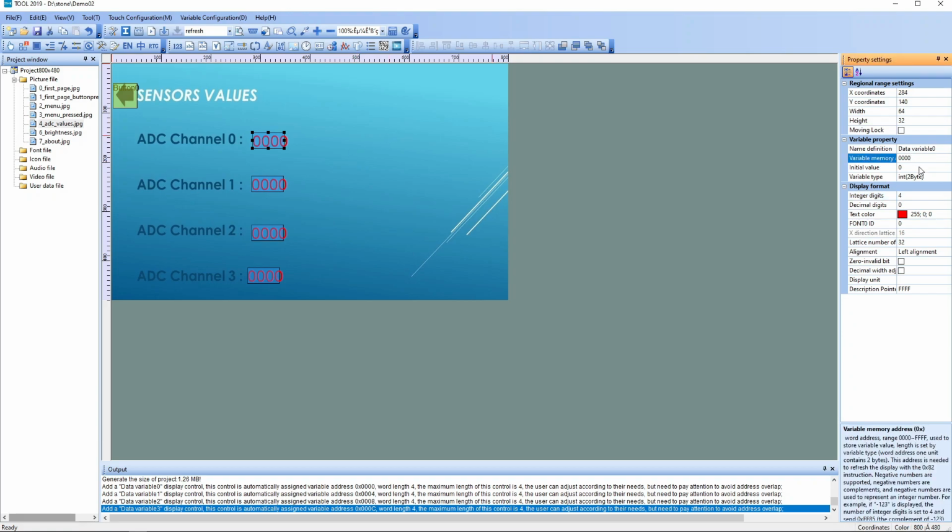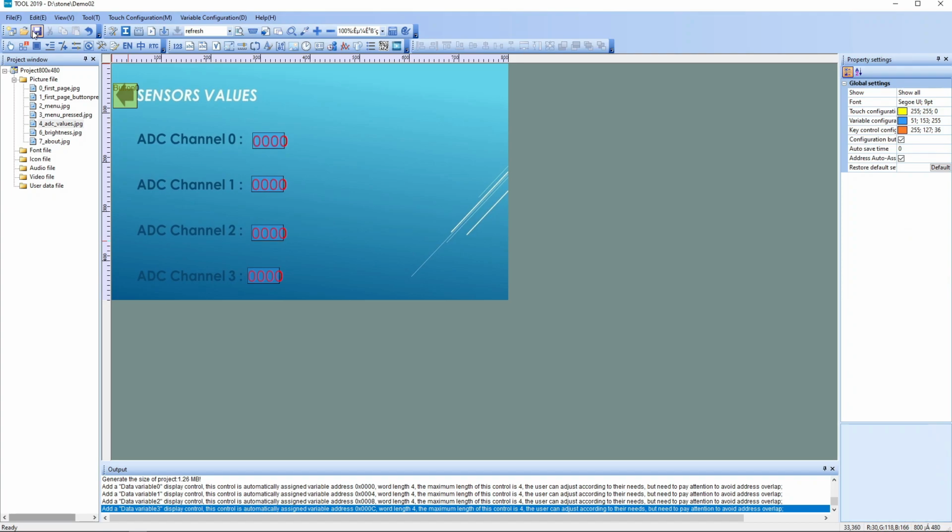These are the addresses we'll be using in the code. For the 0th channel, the address is 0. For the first channel, the address is 4. For the second channel, the address is 8. And for the third channel, the address is C. So the address increments by 4 bytes.